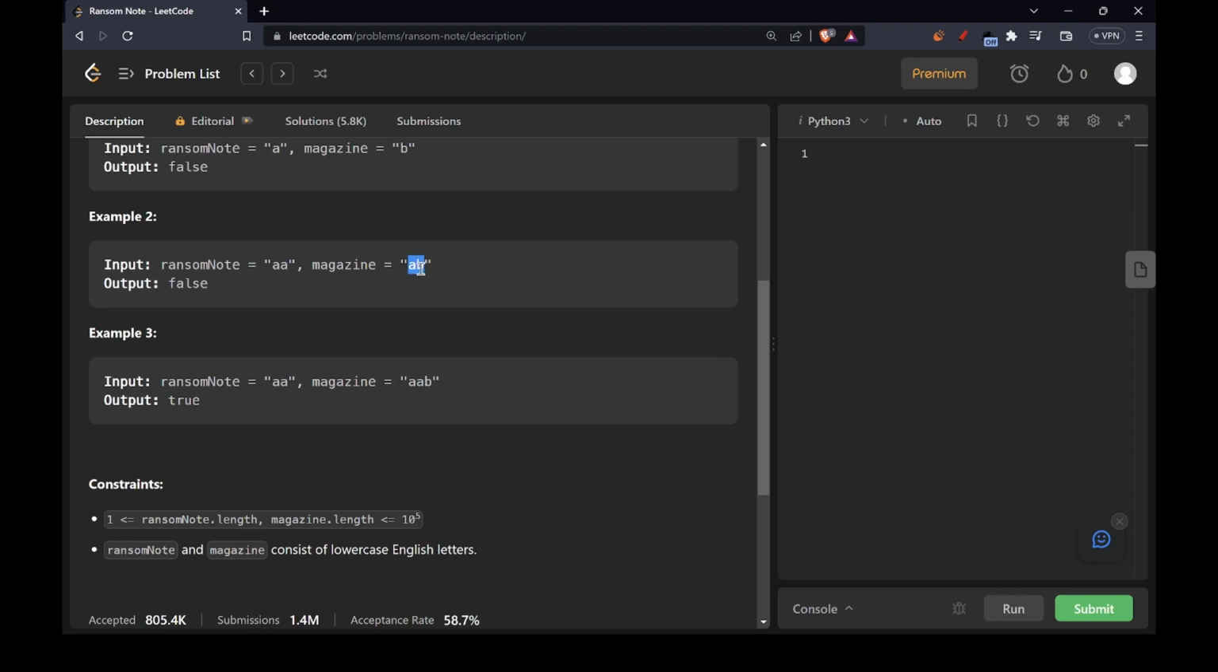string AB. However, if you have, let's say, ransomNote is AA and magazine is AAB, you can create AA from AAB just simply by excluding B. You get AA, and in such a case you will return the output true. So there are several ways to solve this problem. So I'll first give you a very Pythonic way to solve this, and let's directly jump into the solution part,